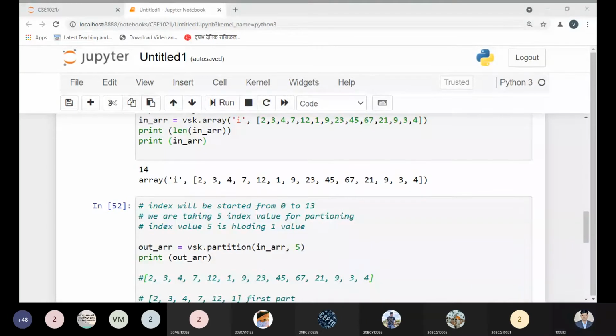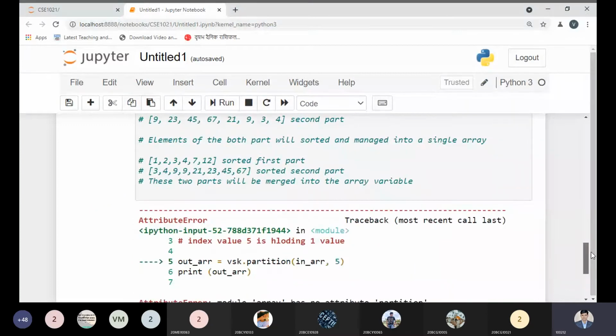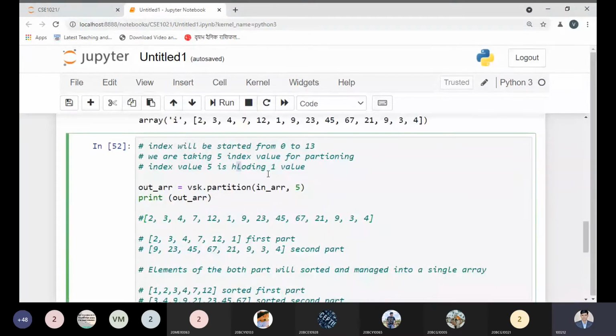Yes, sir. Okay, so just let me check why it is not printing over here correctly. What is the error we are getting? Just let me check. Okay, no problem. It is only the comment, so there's no need, just let me write it correctly.